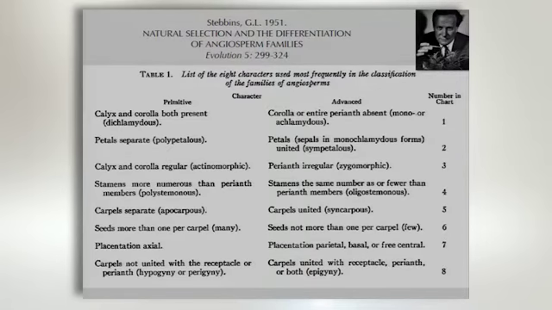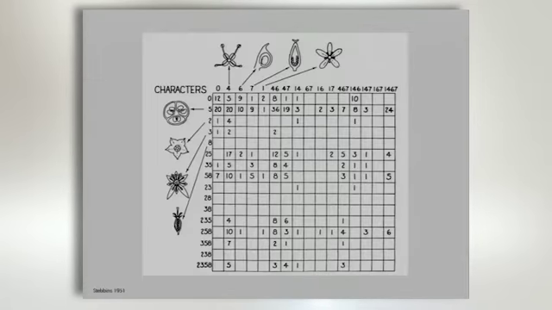And if you think about 8 binary characters, there's 256 different combinations of these 8 characters, and these are represented by the 256 boxes on this chart. The numbers inside the chart show the number of families that are characterized by that particular combination. And you can see that definitely the character combinations are not distributed uniformly across this space. There's a heck of a lot of white space here.